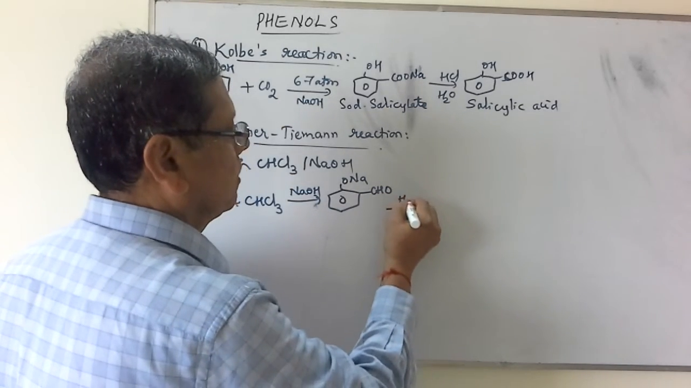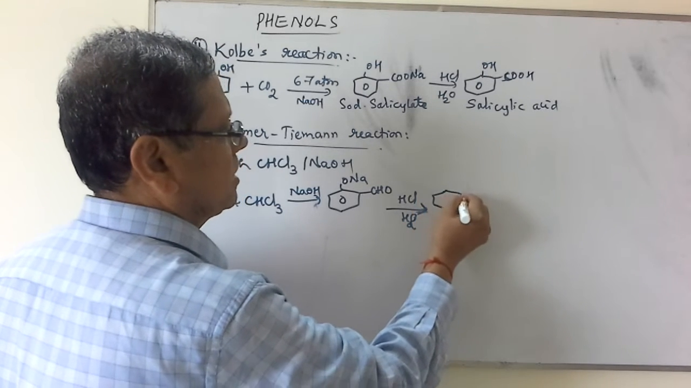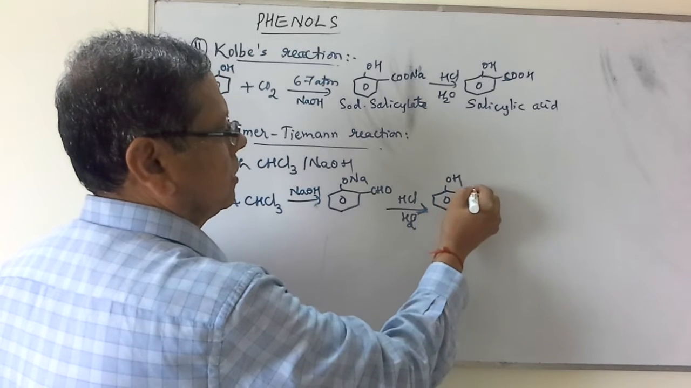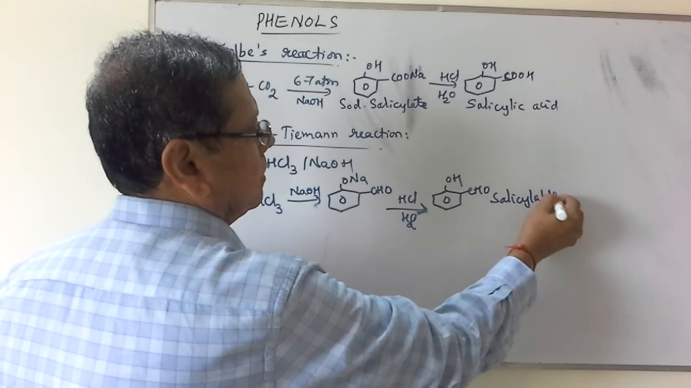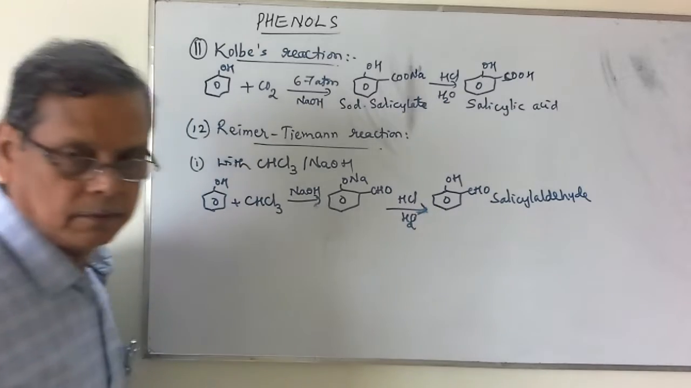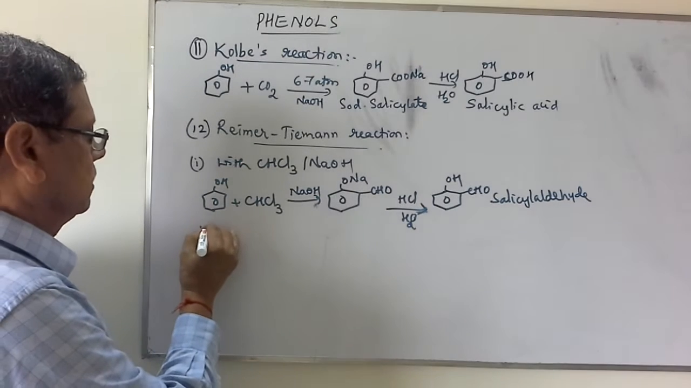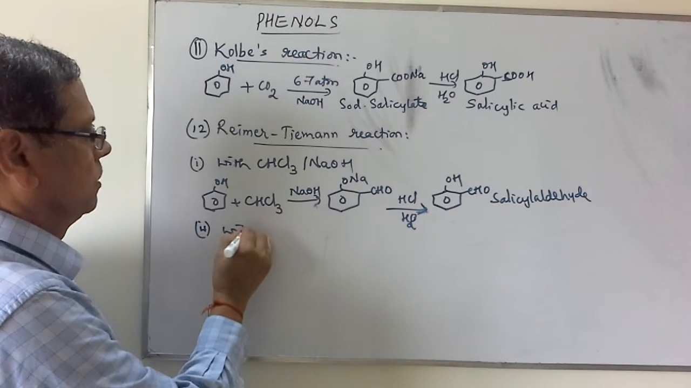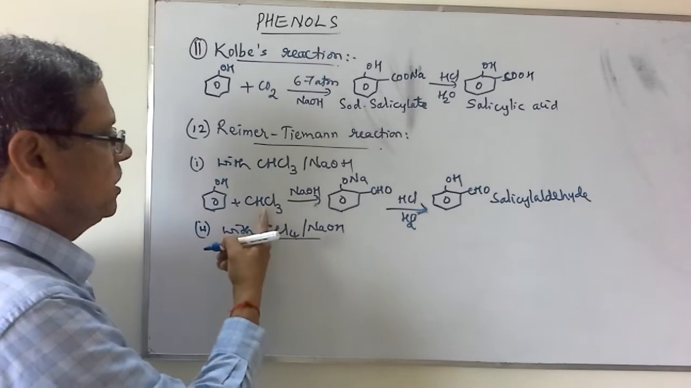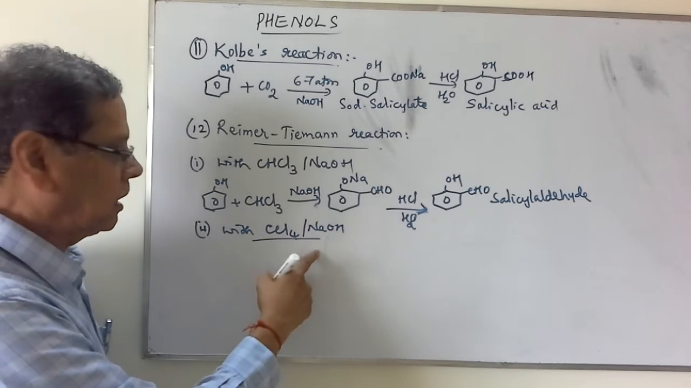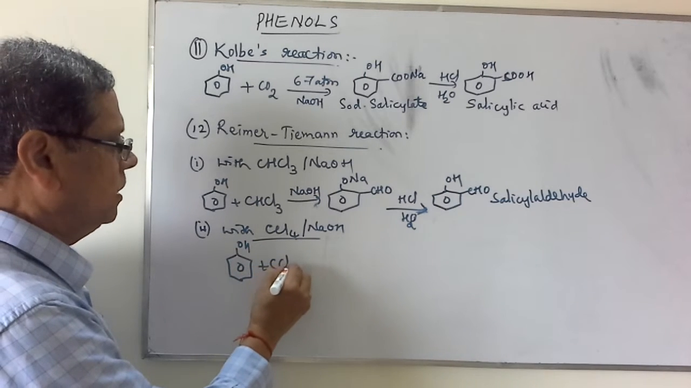This on hydrolysis by using HCl gives rise to salicyl aldehyde, OH and CHO. This compound is named as the salicyl aldehyde. The second reaction is with carbon tetrachloride and NaOH. When instead of CHCl3 you use carbon tetrachloride, phenol reacts with carbon tetrachloride in